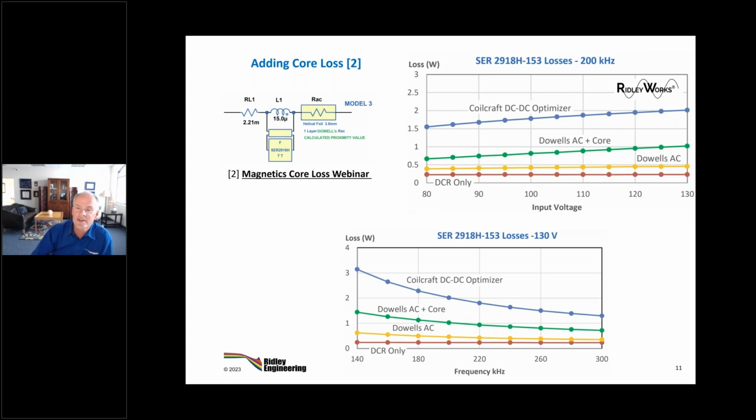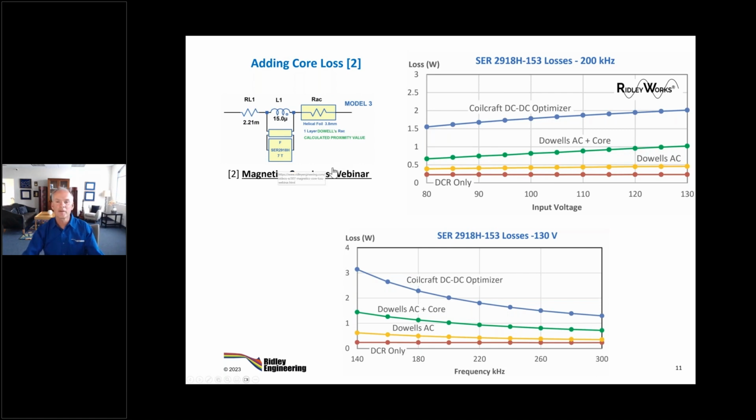So the suspicion then turned to, well, maybe this Dowell AC is not good enough. Maybe it's just not good enough, and we need a better way to do that. And it's not a refined Dowell where we shift to Bessel functions and do much more complexity for a 20% increase. We've got to find a lot more than that. We can see we've got to find almost 1 watt of loss here, and the Dowell is only giving us 0.4. So we've got to triple the amount of losses to be able to give us a model that's going to work.